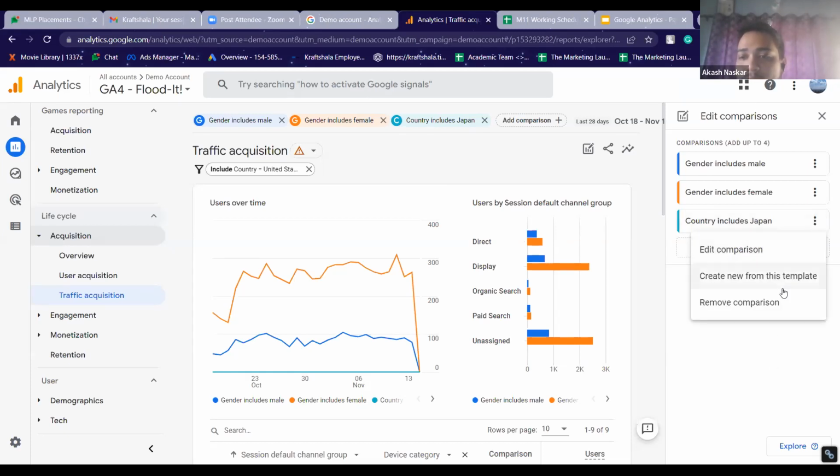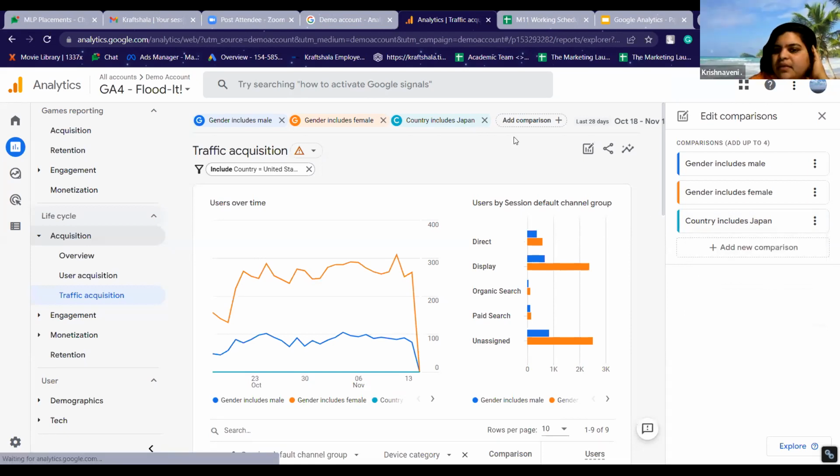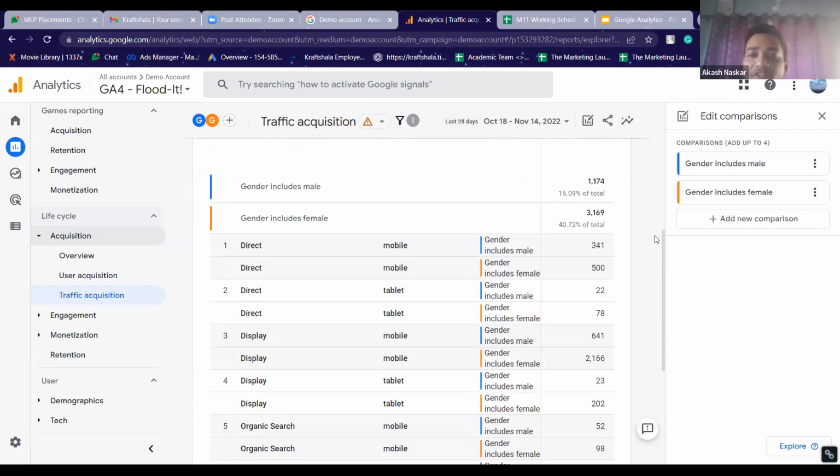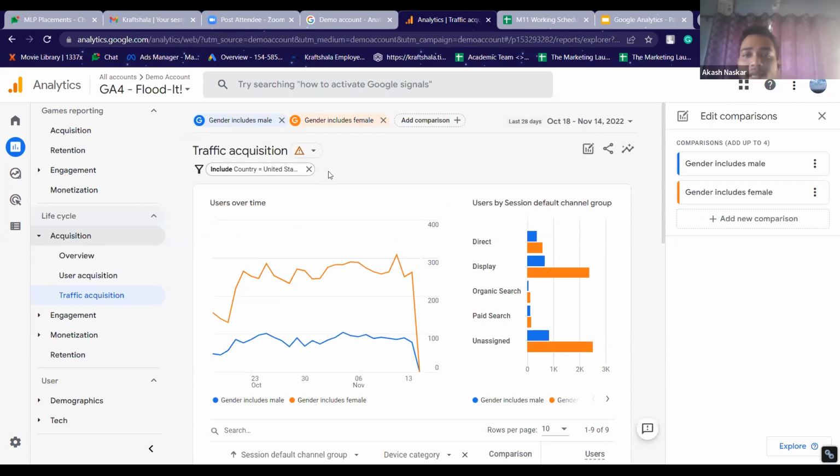Okay. And Akash, on the filters, first time you showed us on the right side, and why are we doing it again? Secondary dimensions also we are using, right? What is the difference between these two? The difference is that you are filtering out your data in different ways. Currently, in the country filter, I've put the country of US, so I'm filtering out only people who are from US.